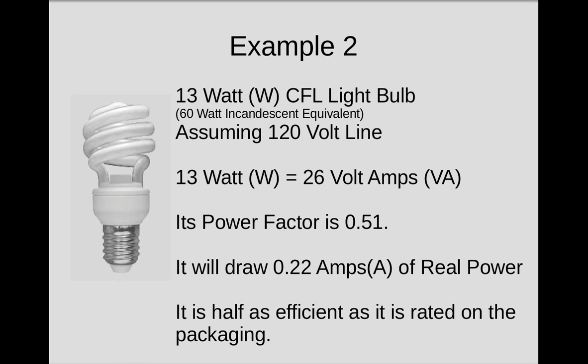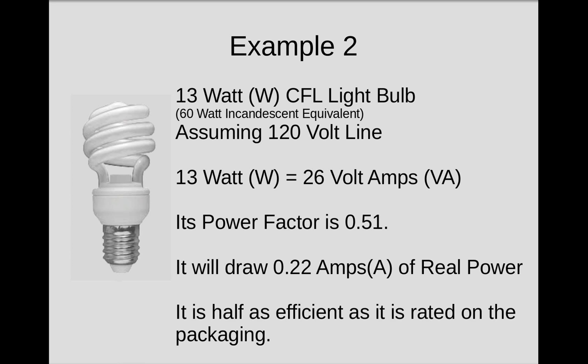And the reason why that's important, if you put a bunch of these bulbs on a circuit that may be rated for a specific rating, an extension cord or the like. All of these cables are rated for handling a specific amount of wattage or amperage. In an incandescent world, it's very easy to figure out what the wattage and amperage could be. The wattage and volt amps are the same, so a specific amount of wattage would always equal a specific amount of amps. In the CFL world, you could have